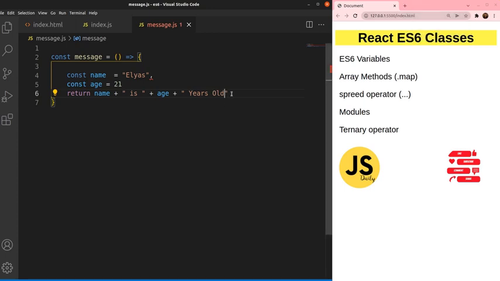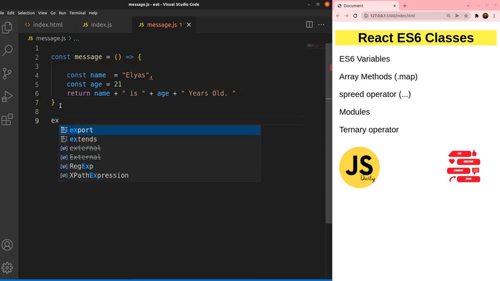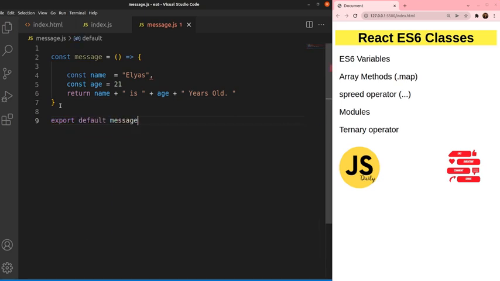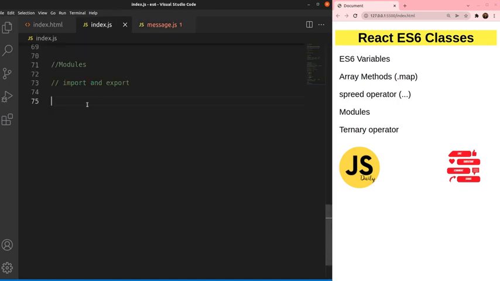And at the end of that we export default message, but here in index.js we import message